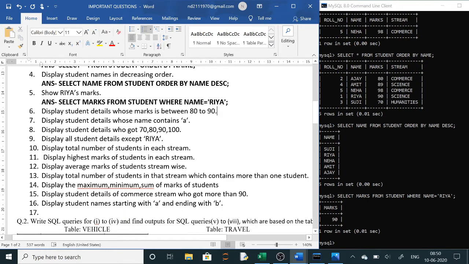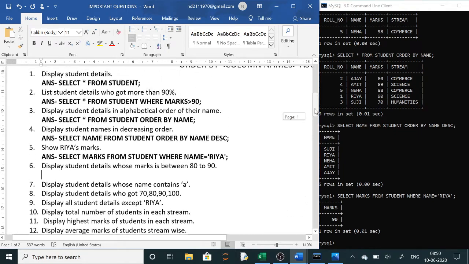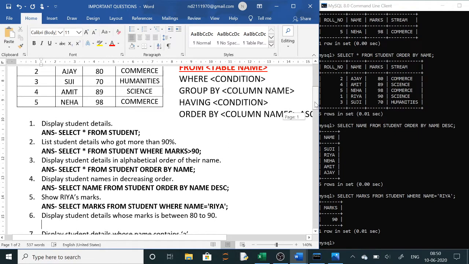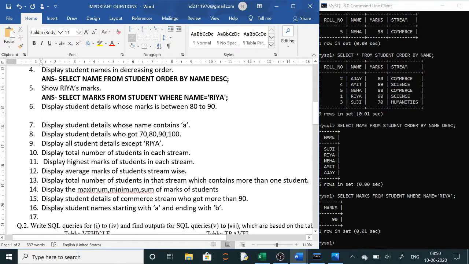Now the next question. Here we will do some clauses. When we are using this where condition, there are clauses like the between clause, which is used to check the marks between a range. The like clause is used to check whether a name contains A, or starts with A, or ends with A. I am solving it now.